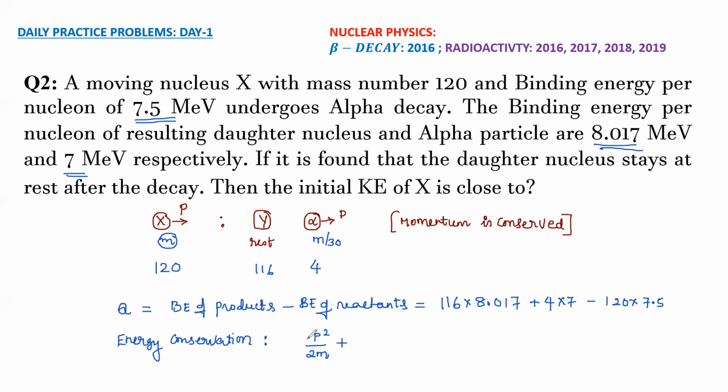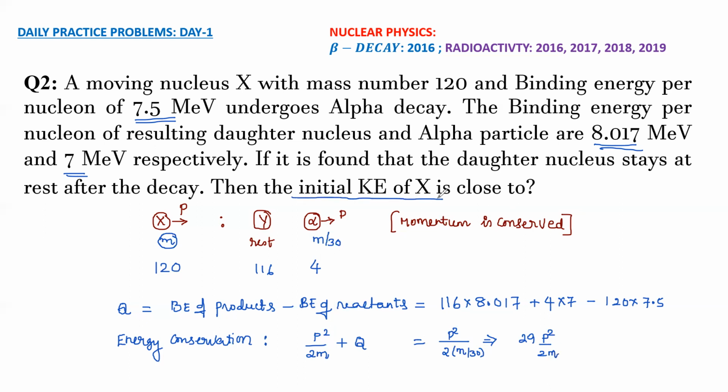Okay, so the initial kinetic energy of X is P square by 2m plus Q value of the reaction is equal to the final kinetic energy, which is P square upon 2 times m by 30. So this implies that 29 times P square by 2m,